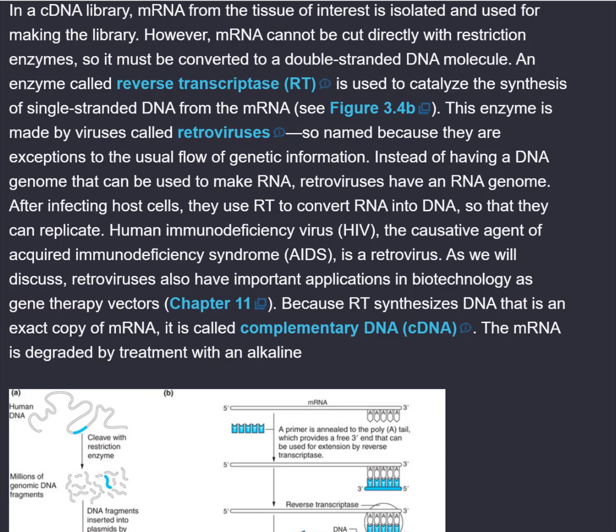Because RT synthesizes DNA that is an exact copy of mRNA, it is called complementary DNA, cDNA. The mRNA is degraded by treatment with an alkaline